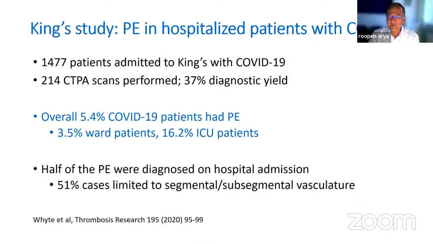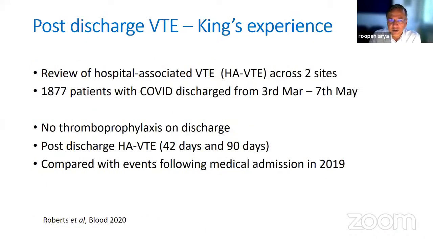Again, there was a lot of work done around epidemiology in COVID. This was, again, one of the early papers from our group after the first 1,500 odd patients with COVID-19. We found that about 3.5% of ward patients and 16% of critical care patients had pulmonary embolism. Again, about half of them were in the segmental and subsegmental vasculature, highlighting the contribution of the in situ thrombosis that I had mentioned. And another controversy at the time